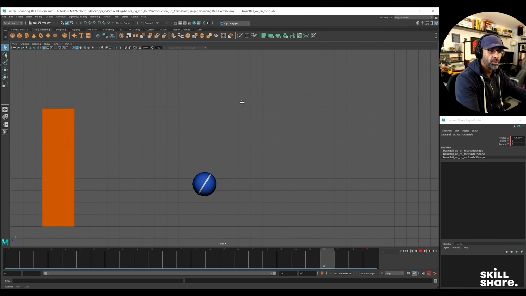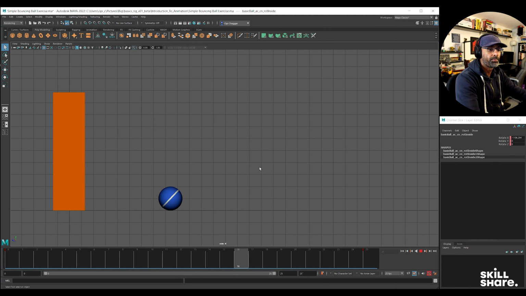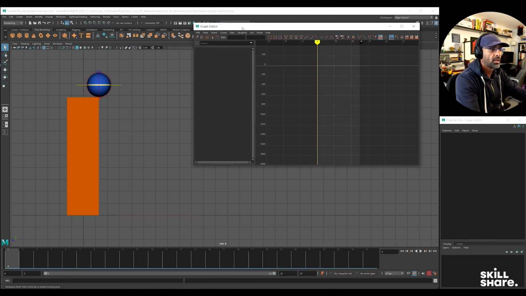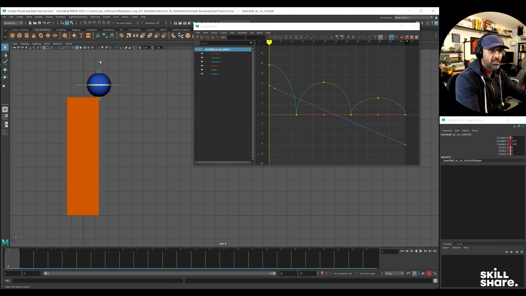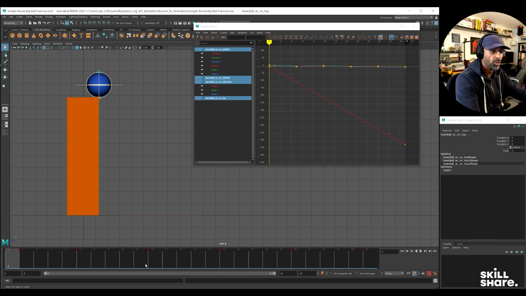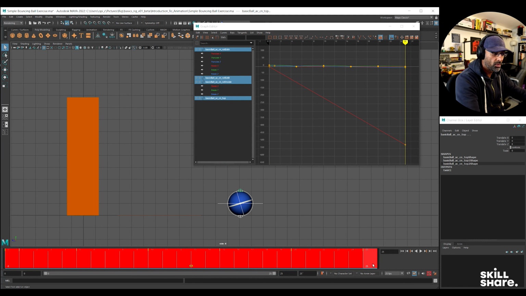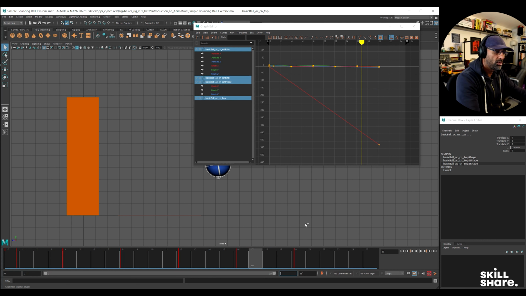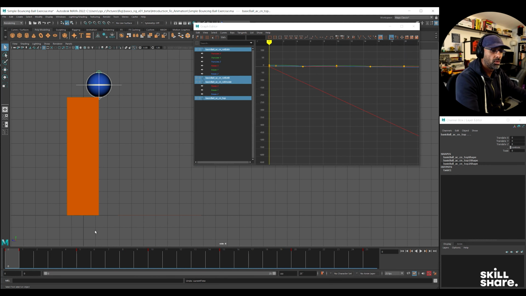So if we look at that bouncing ball, you can see that's the light ball, right? And now we want a heavy ball. All we need to do now is exercise on timing, right? So we select the whole ball and then we can move it back to say 20. Or we can keep it, we'll keep this the same. The only thing we'll do is